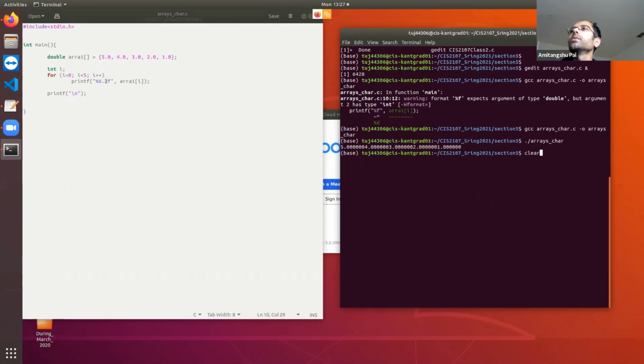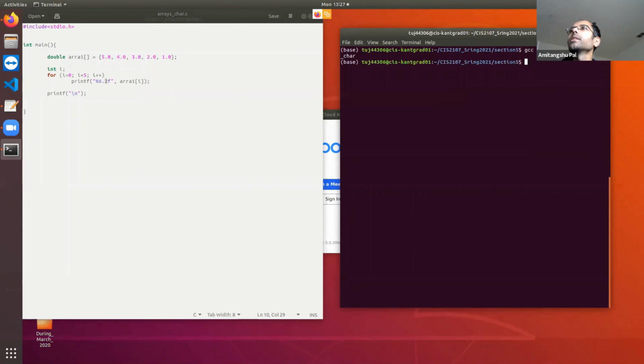Okay. So now we can see that there is a space, and also it is printed 2 digits after the point. So in total it is taking 6 space, including 2 digits after the point. Okay, that's it. And so you can print the elements of an array.